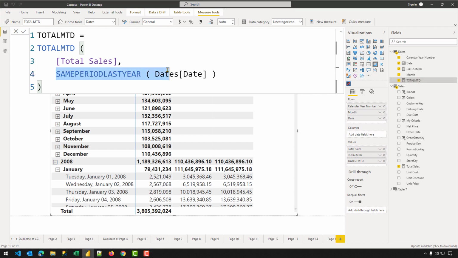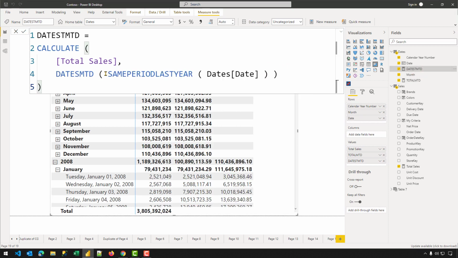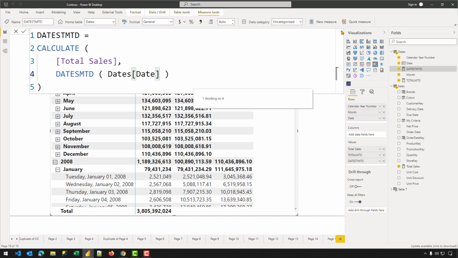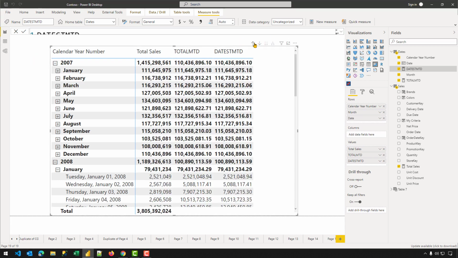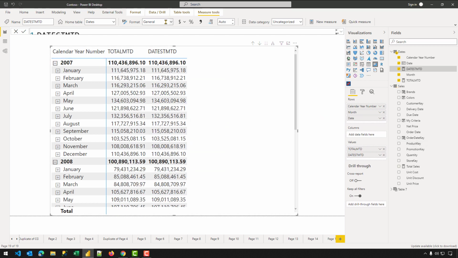So what I'm going to do is remove the same period last year so that the code that is going to execute behind the scene is a bit simplified. So let's remove here from here as well, and let's confirm it. And what I'm going to do is go one level up so that the query executed behind the scene is easy to understand. Let's get rid of total sales,